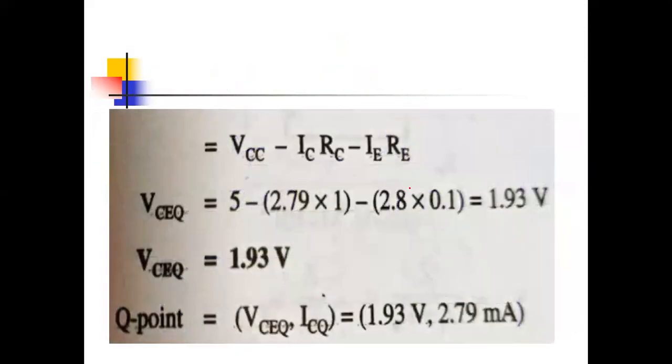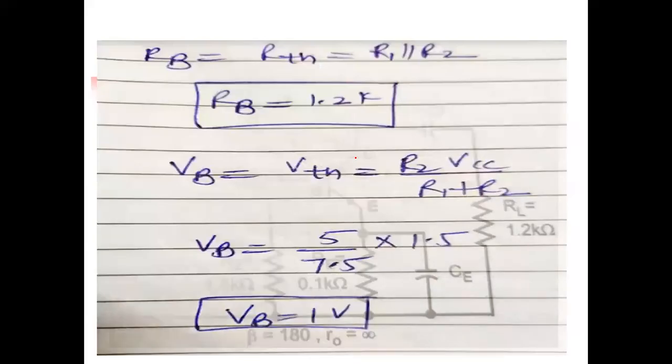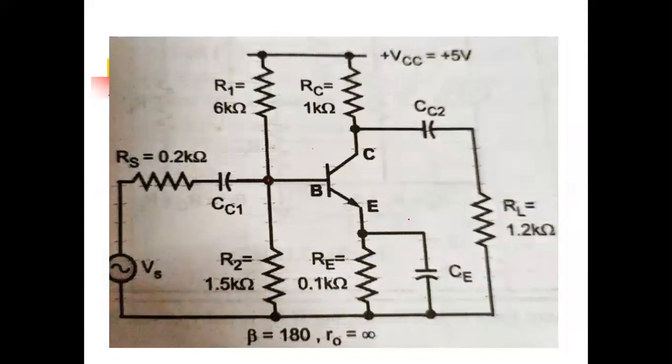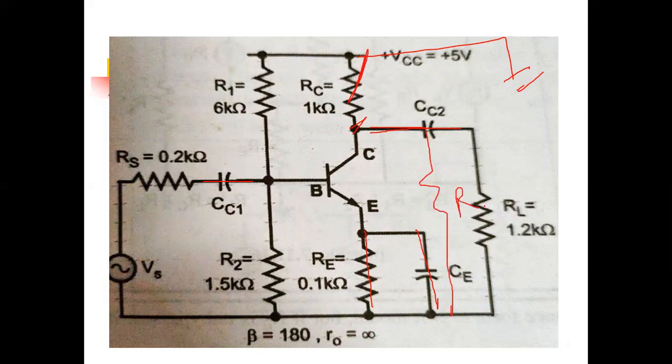Now see this circuit. When we do the AC analysis, all the capacitors are short circuit, and the DC supply is grounded. If the capacitor is short circuit, this resistance effect will be 0. At this node, one is RL and one is RC, both connected to ground, so we can put both in parallel. We can remove RC here and connect RC here in parallel. Same at the base side: R1 is connected to ground and R2 is also connected to ground, so I can connect R1 and R2 in parallel combination.